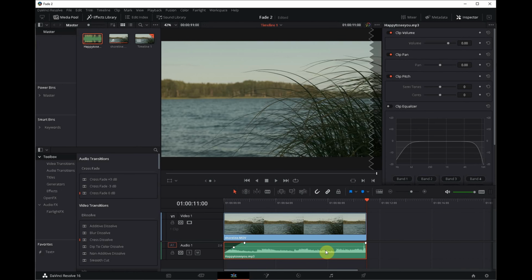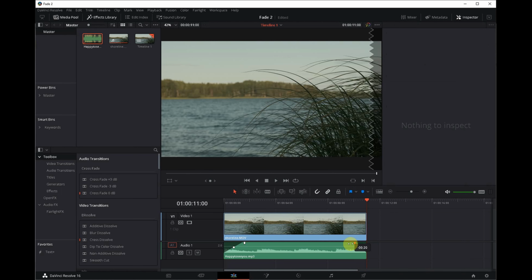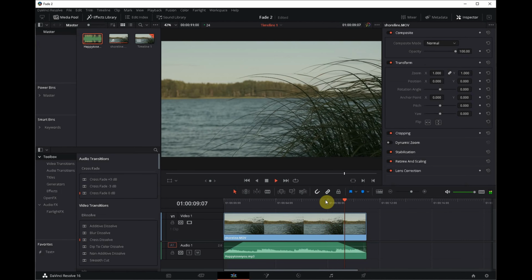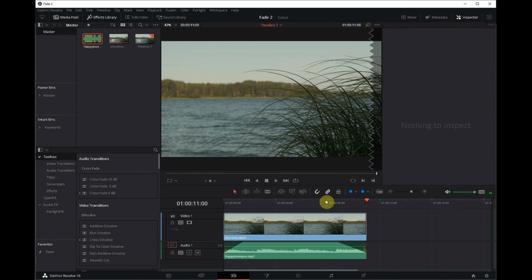And of course, you also can produce a nice fade out the same way. You just use the other corner dot. I move it in, and if I start the video from here, you will realize the music is going to get less loud. So this is nice if you want to do it at the beginning or at the end of your movie,